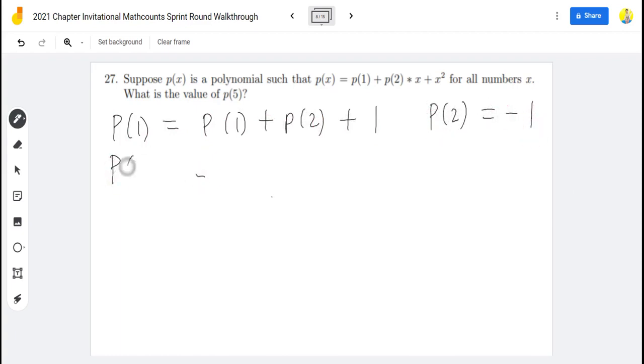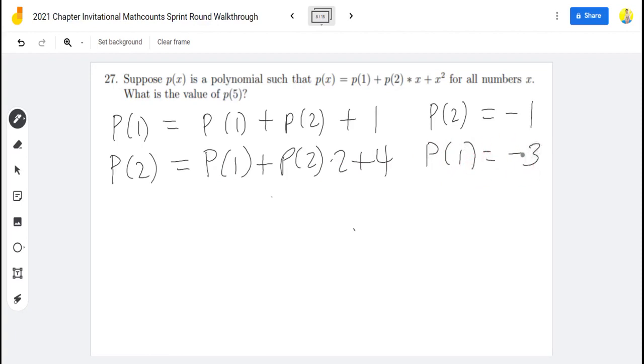We also see that p of 2 equals p of 1 plus p of 2 times 2 plus 4. Plugging in negative 1 for p of 2, we see that p of 1